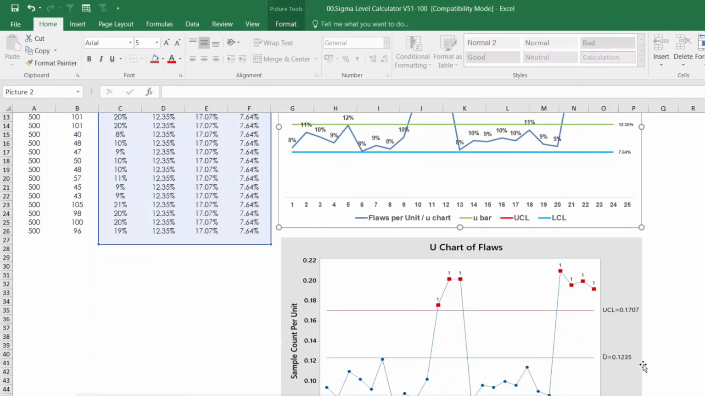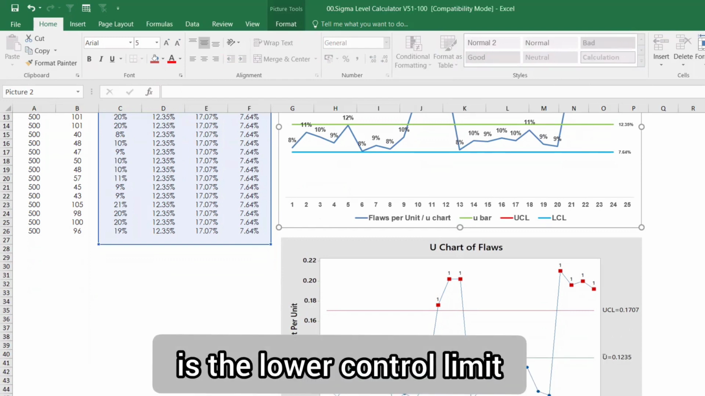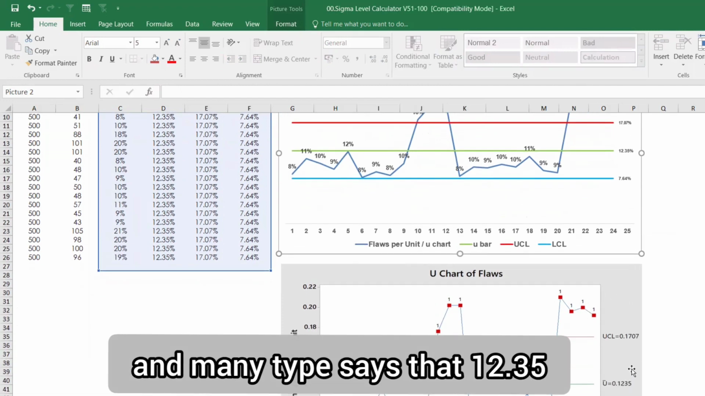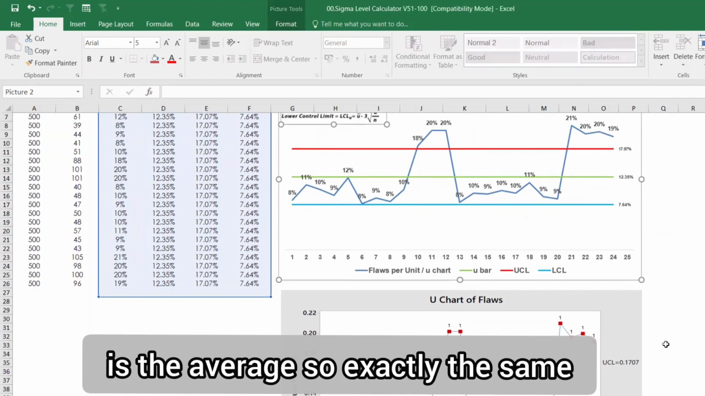For example, let's say now, if you look here, 7.64 is the lower control limit. And exactly in Excel, we got the same thing, right? And Minitab says that 12.35 is the average. So exactly